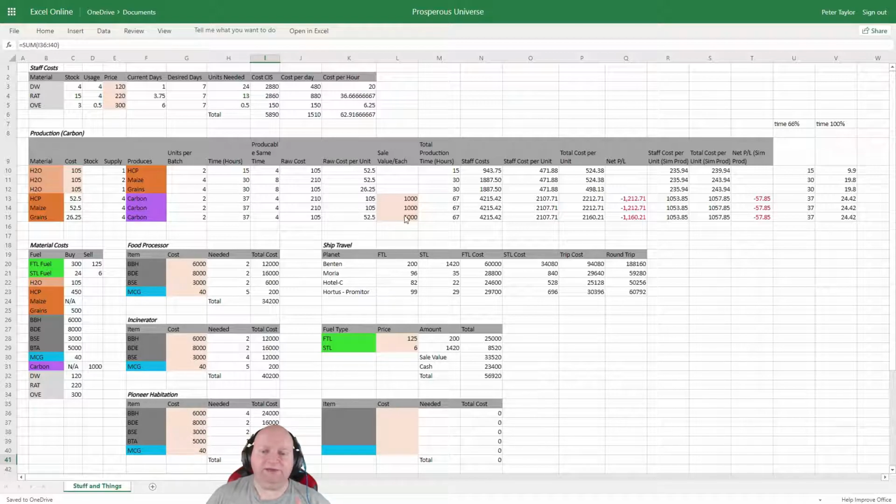But what would actually happen here is our production times would go from 15 hours. Over here is our 60% and our 100%. So let's say we can get to 100% production. That'll put that to 9.9, 19.8, 19.8, 24.42, and that would bring our total cost of production down to 699, which is a perfectly viable price to be